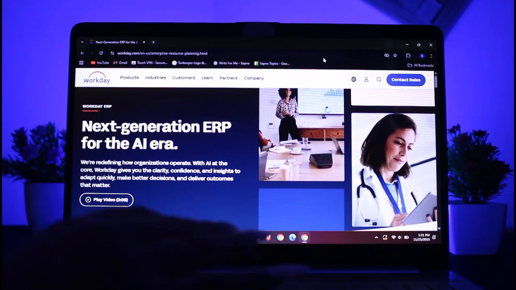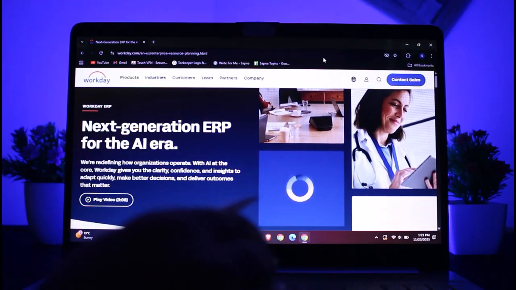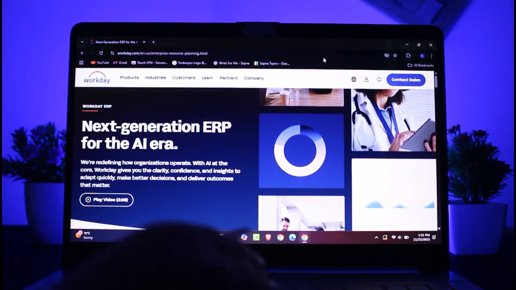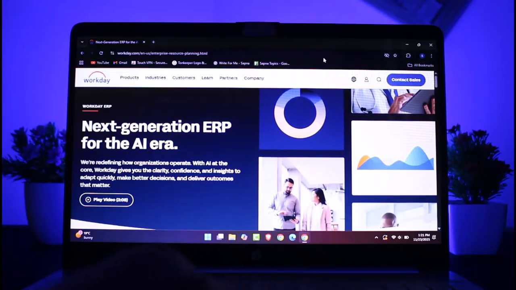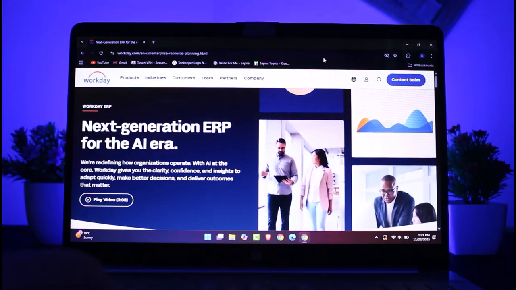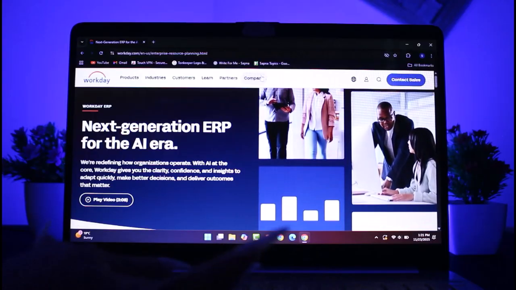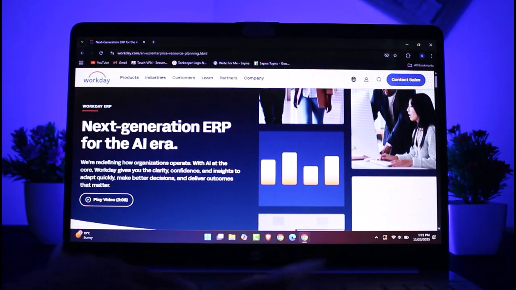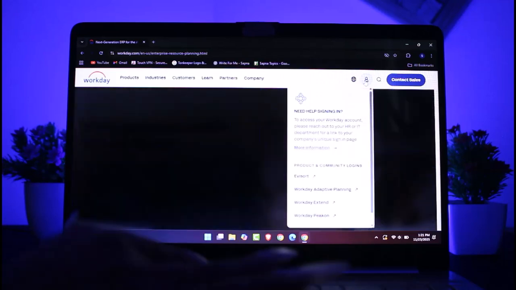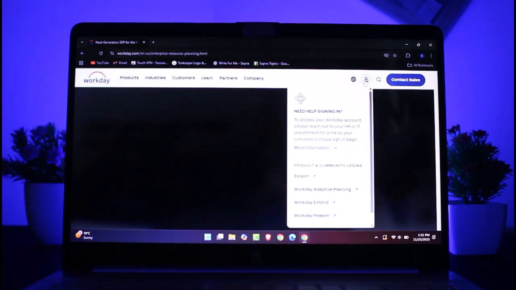So to use Workday, the first thing you need is a link to your company's specific sign-in page from HR or IT, because that means they have already set up everything. And as an employee, all you need to do is go to the company section or the sign-in section. First go to the sign-in section, add in the link, and then you will sign in, and it